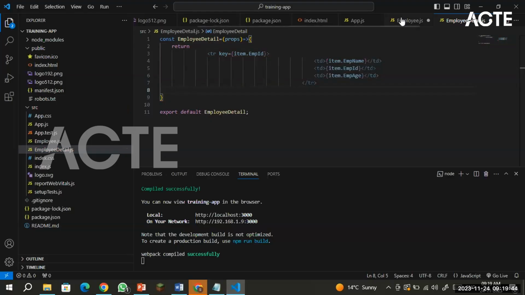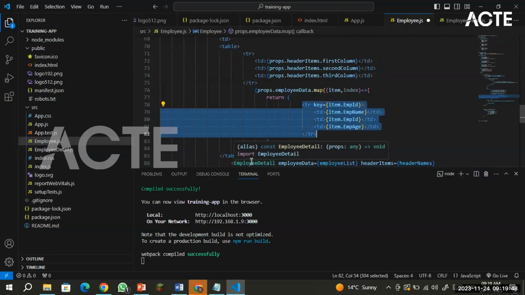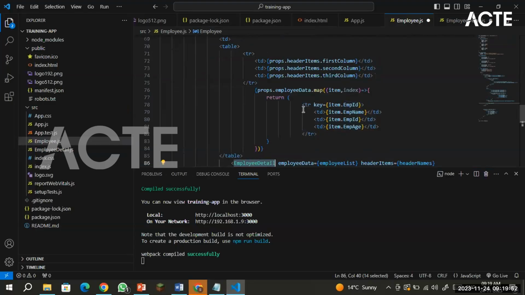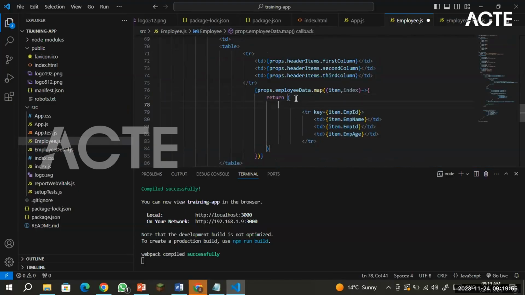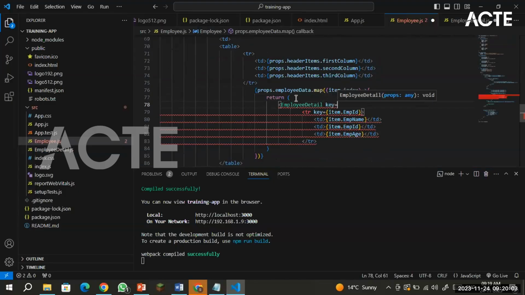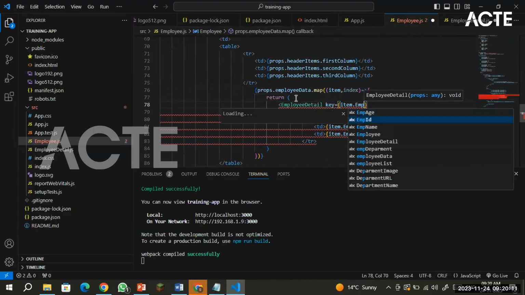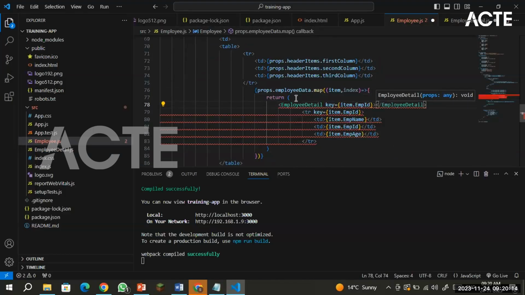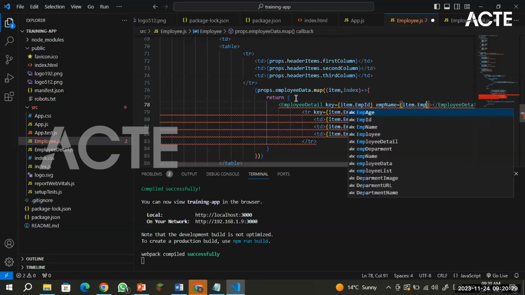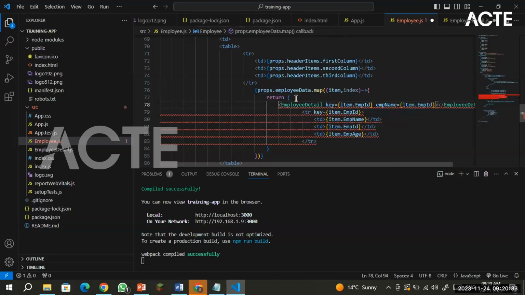Here I will use my component employee detail, and here I will add the employee detail, set the key, emp id, close this one, and I'm going to pass emp name as a parameter, item.emp id, sorry, emp name,